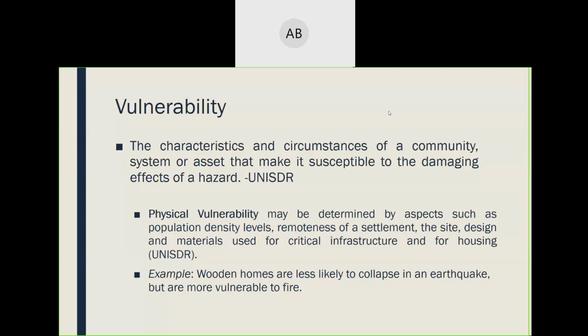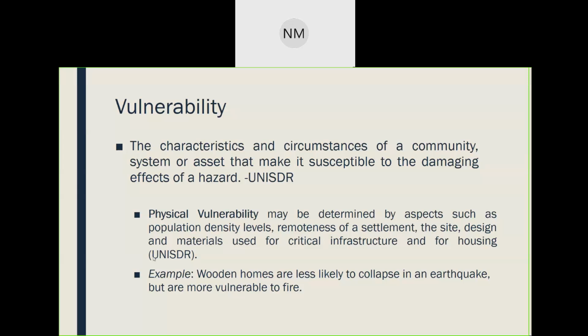Actually, vulnerability itself is a very, very big chapter. So what we are trying to give you is a little bit of a grasp of the whole concept of vulnerability. Later on, you will see that people have different classes of vulnerability. The kind of vulnerability I show you here is physical vulnerability. What is mentioned here is that it may be determined by aspects such as population density levels, remoteness of settlement, the site, the design, and the materials used for critical